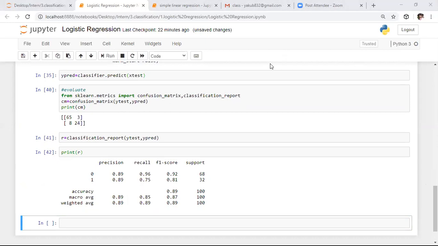After getting this classification report, what do we need to do? We need to visualize the data. The last step is visualizing the data. Coming to the classification problem, visualization is a different thing. Initially I will type the code. It is a little bit complex code. After typing that entire code, I will explain this code.